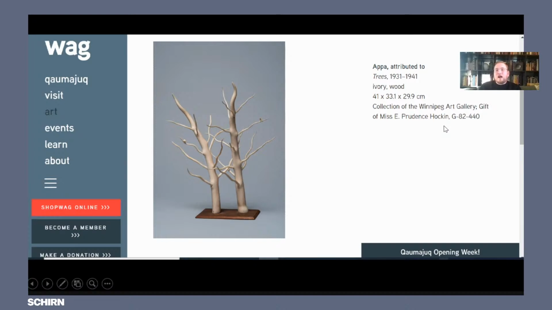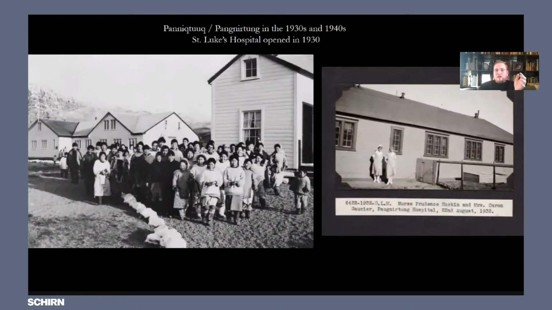Prudence Hawken. And this is a really interesting fact because we know very clearly that E. Prudence Hawken was a nurse who lived in Panniktuk in the 1930s and 40s. And so very clearly, just from establishing this collection history, suddenly we're looking at Panniktuk, and we see these archival photographs of Panniktuk from the 1930s and early 1940s, that Hawken, she is here in this photograph on the left, this woman here on the left,